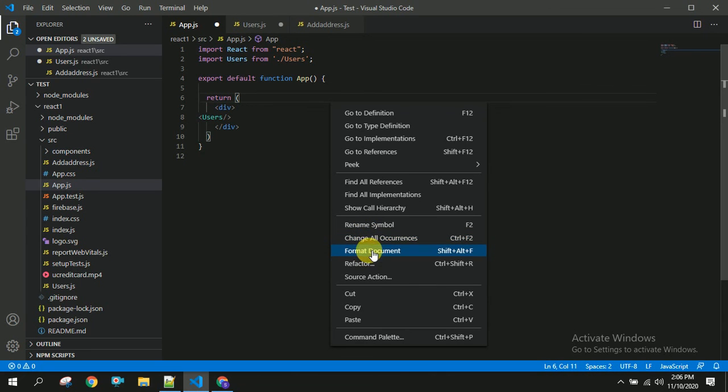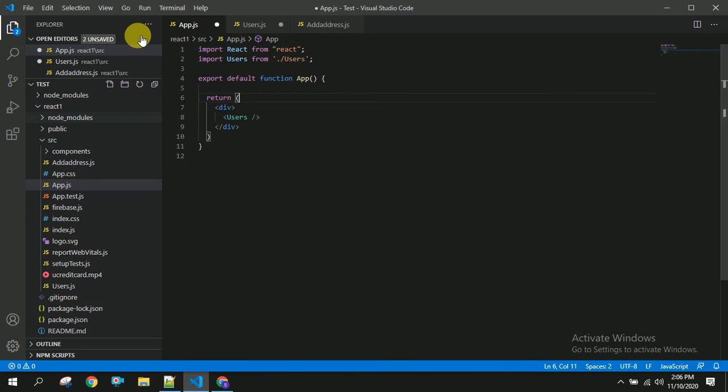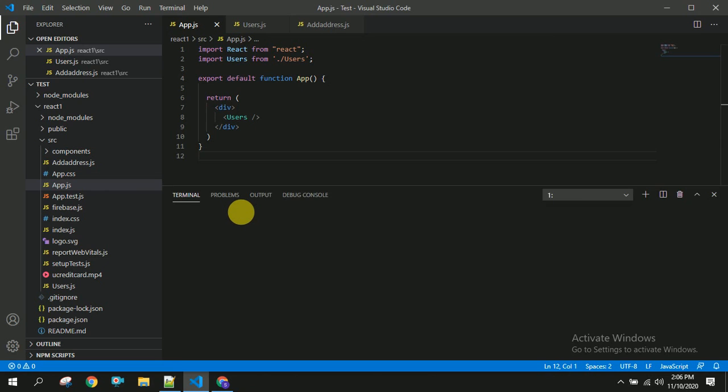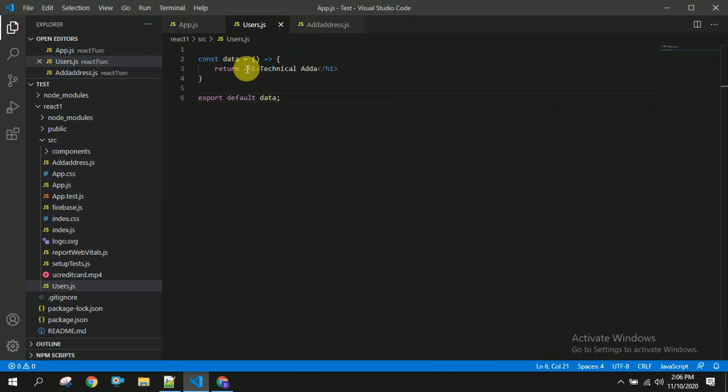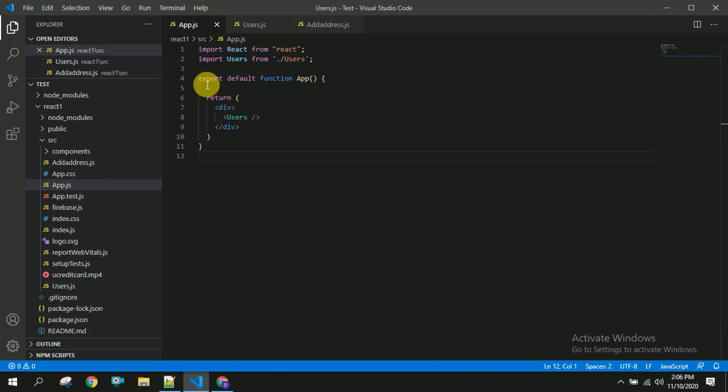I'm formatting this and saving this, and let's see whether it's working or not. For the default export you have to create anything, export it by using default, and import it directly like this.